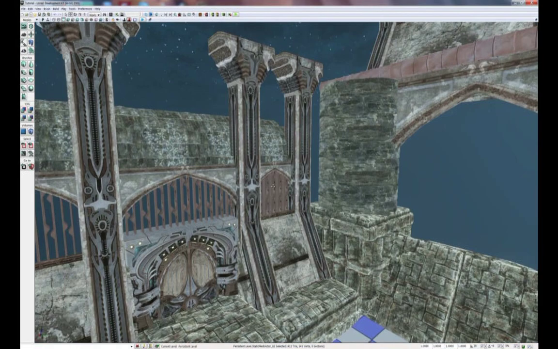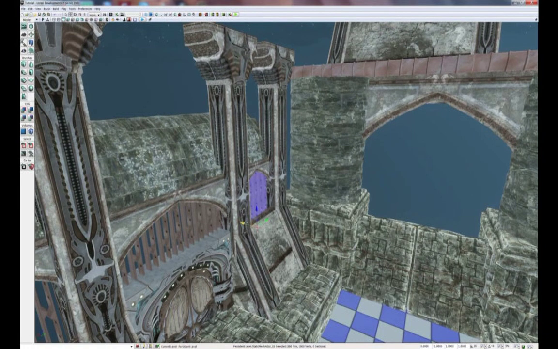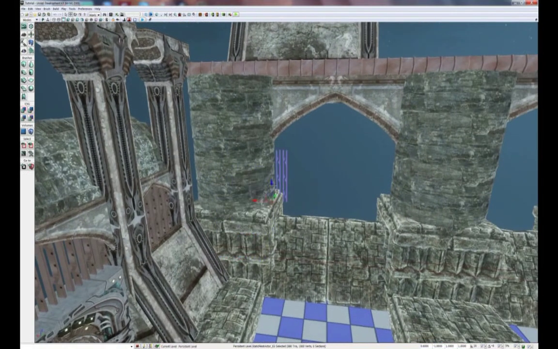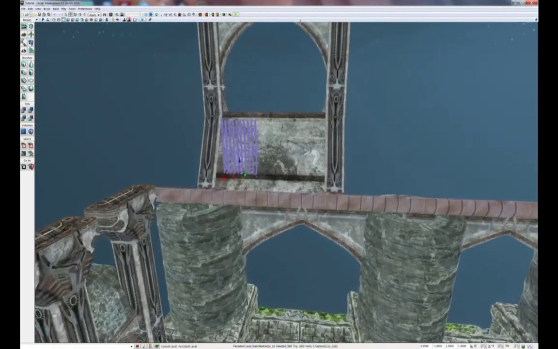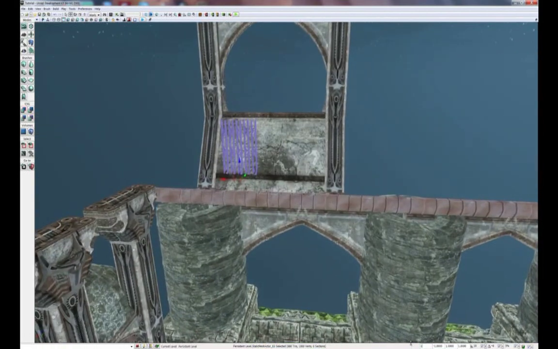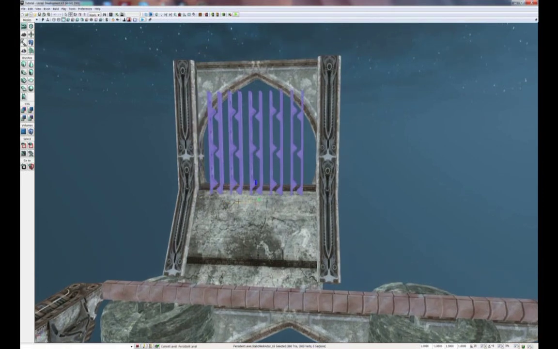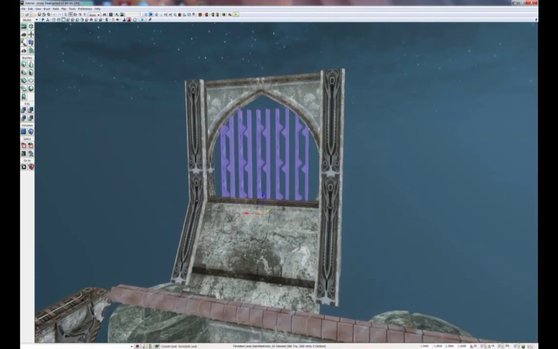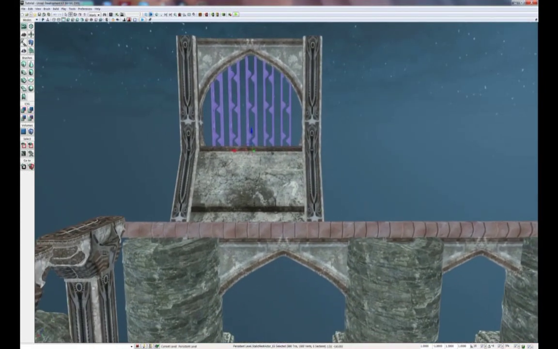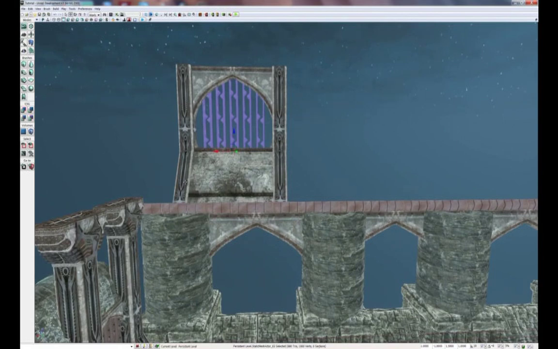Next, we're going to take our window trim piece and clone it as well. Rotate it by 90 degrees and move it up, and change the scale to 1 and the Y draw scale to 1.5, and snap it in between our arch and our wall. Just like that. Now select all of these pieces